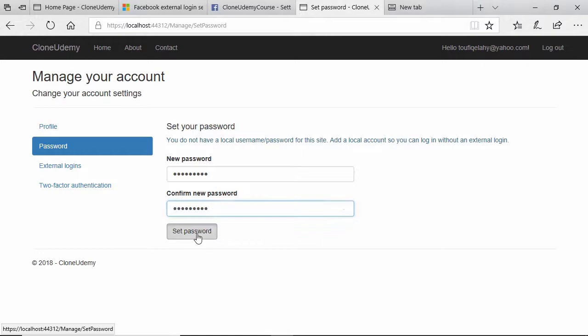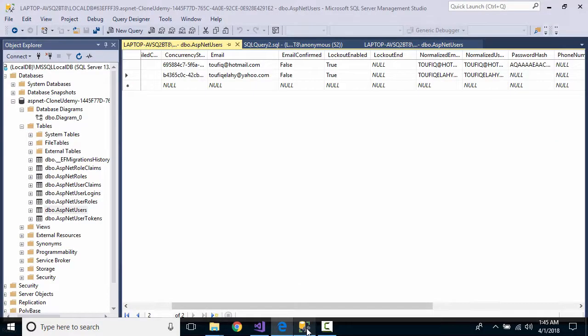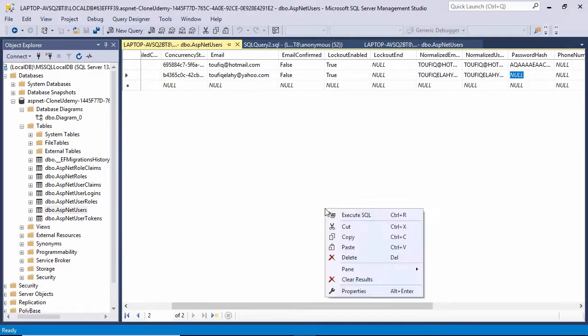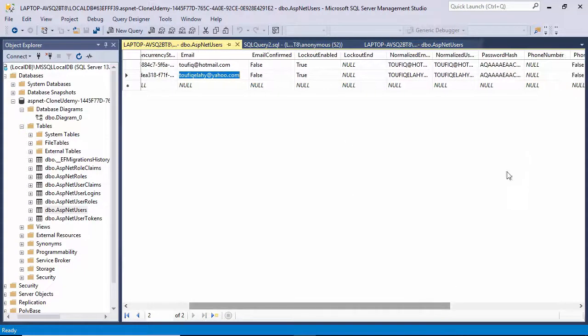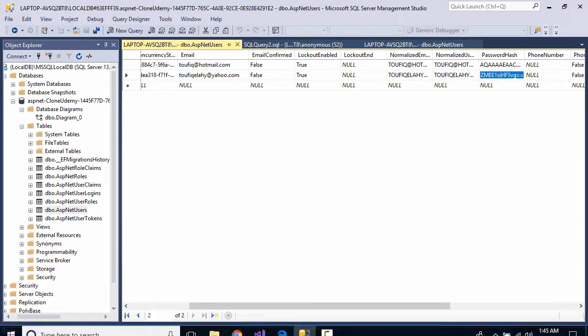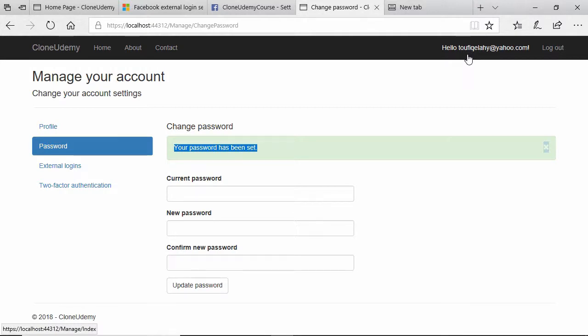Click set password. So password generated. Let's verify this in SQL Server. Let's execute SQL. This is the user and this is the password. You can log in directly. Let's log out